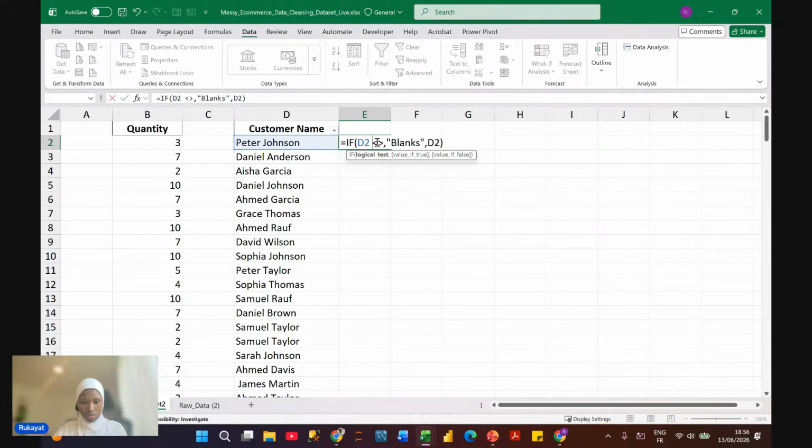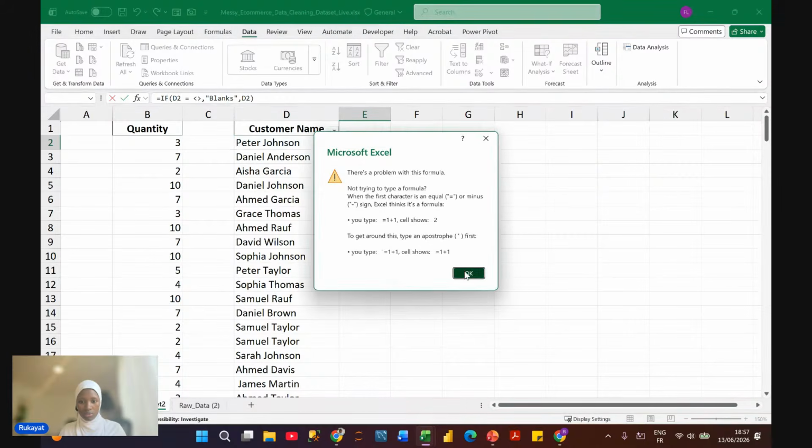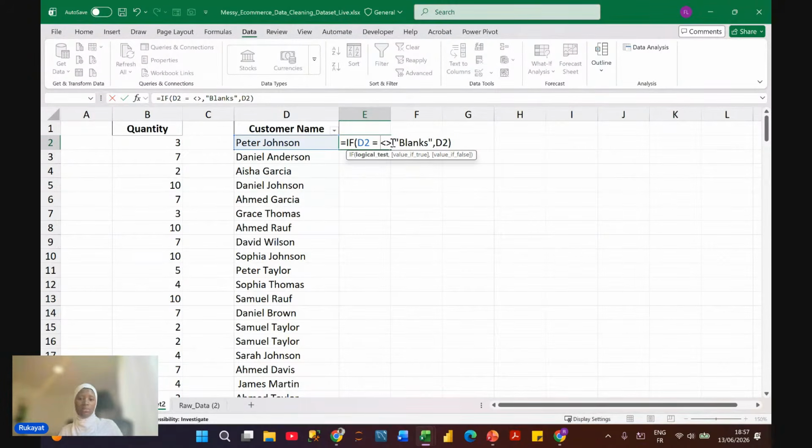So if D2 is not empty, so it has to be like, or let's say, no, it's not blanks. There is a way to handle blanks. Or if sometimes all these things. Okay, let's see if it works, and if not, no. So there is something, but I will look it up and get back to you on that. So you use the if function to see to